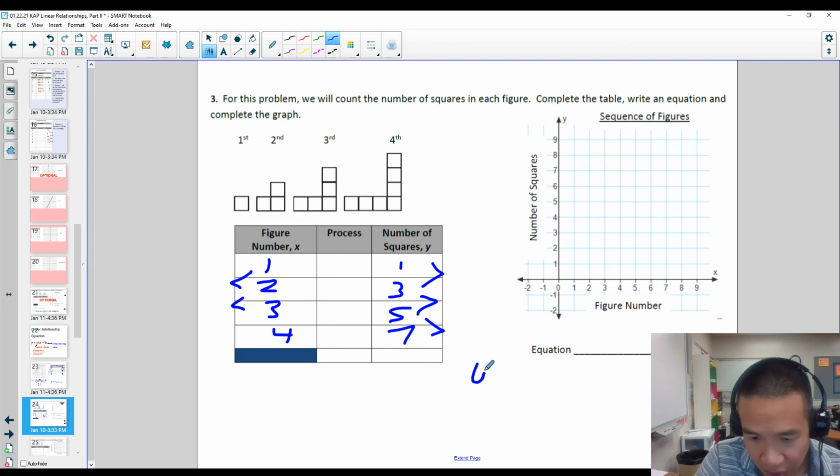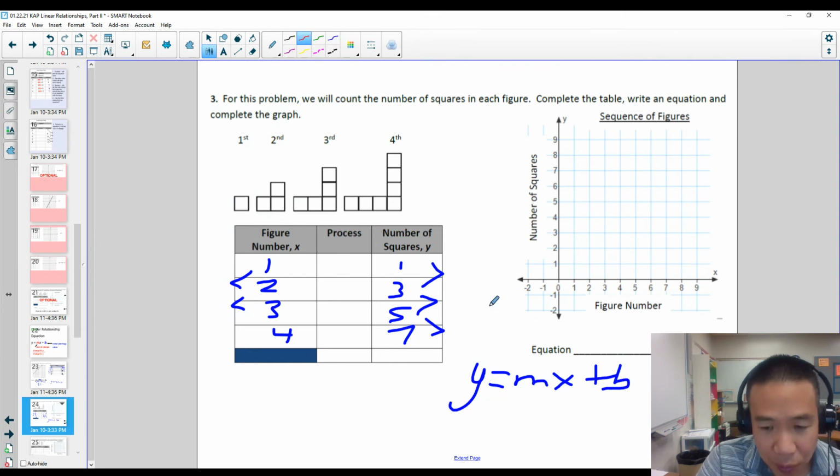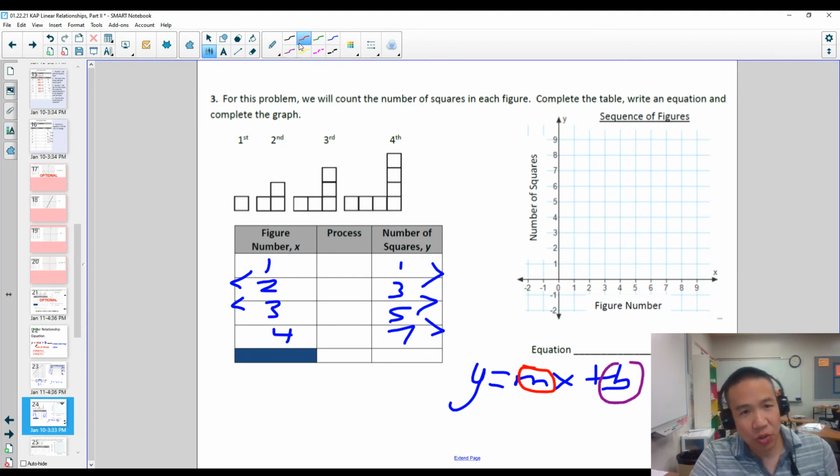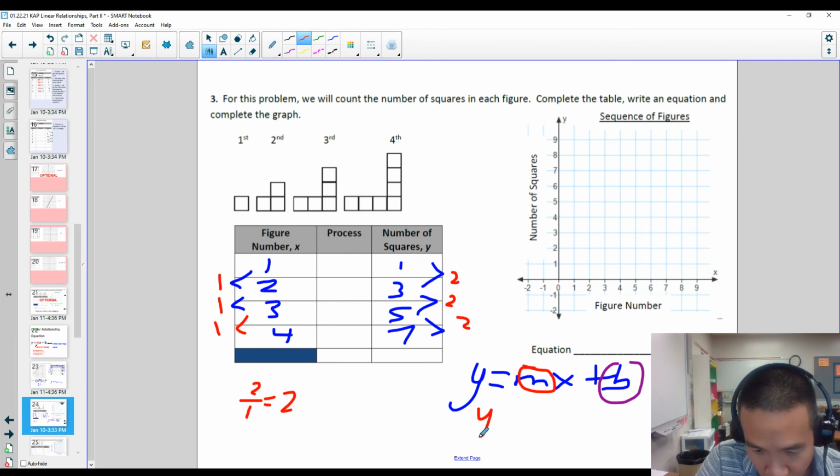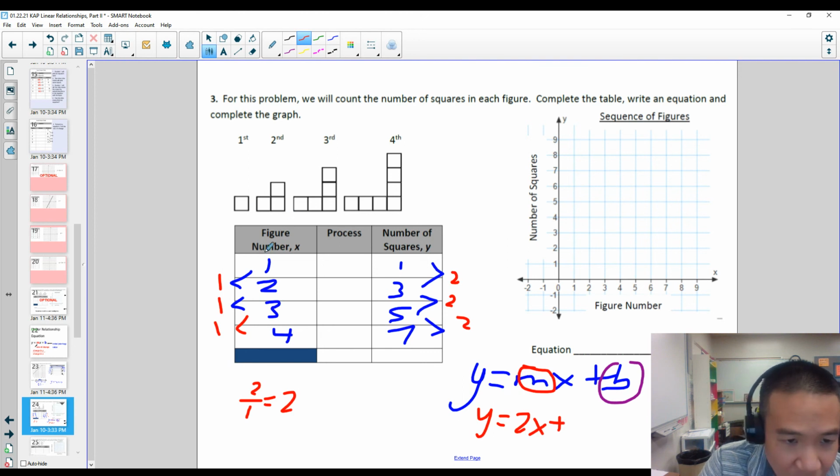Oh, the equation has to be in the form of y equals mx plus b. Again, m represents the rate of change. B represents the initial value. So what is it changing by? 2. Every y is changing by 2, and every x is changing by 1. So 2 over 1 is 2. So y equals 2x plus